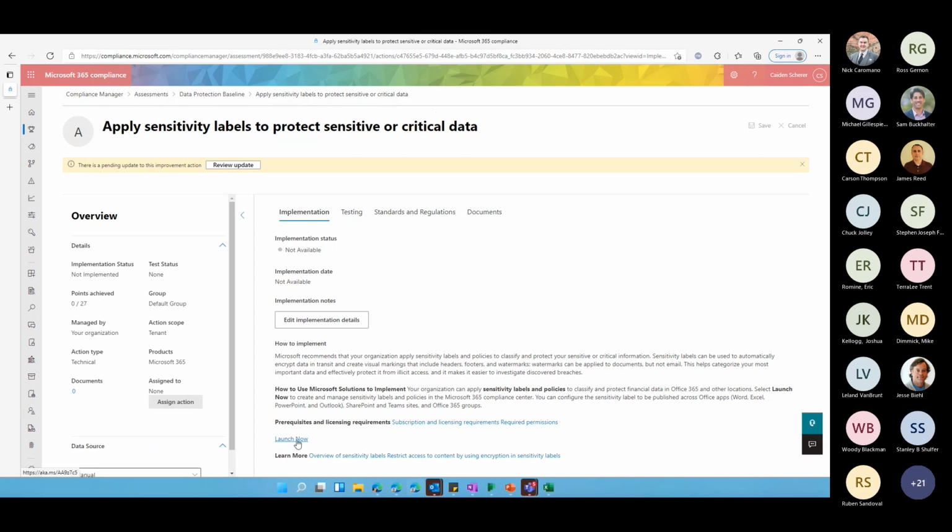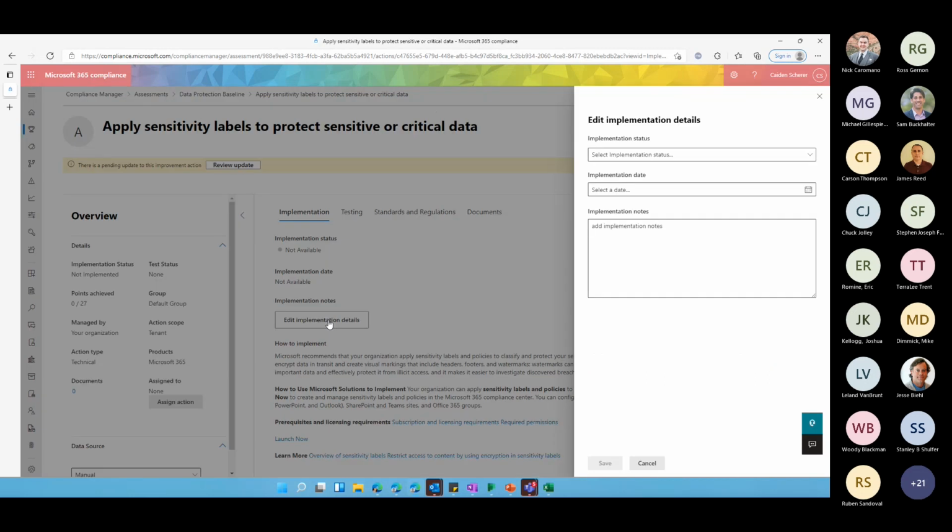You're going to be able to hit launch now, and it's going to take you over to the spot in the portal where you can start creating these. And then it also is going to give you the Microsoft documentation. You also have the ability to come in and add notes to the implementation. So let's say,